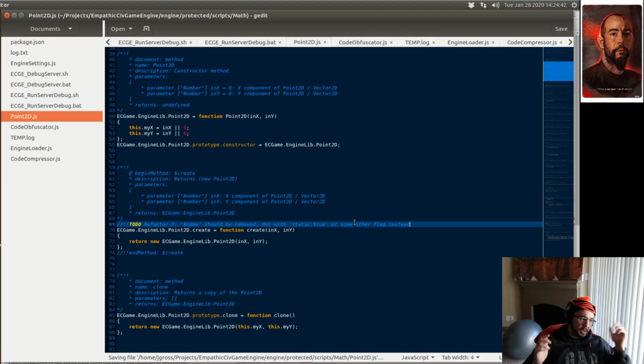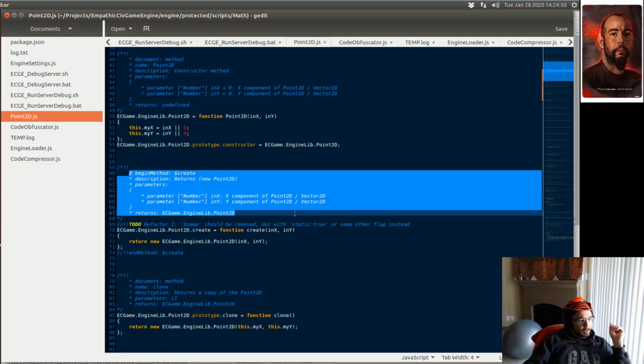There we go. So basically, that is about changing the documentation generation,